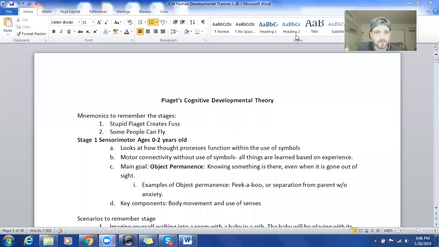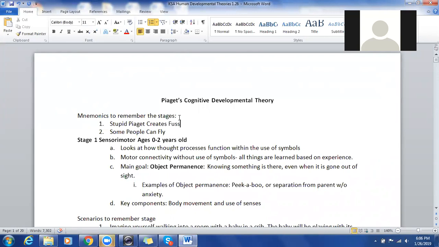One. Okay, so we'll start with Piaget's cognitive developmental theory. And the mnemonic that I tell people to remember the stages, which is super easy to recall during the exam: Stupid Piaget creates fuss,